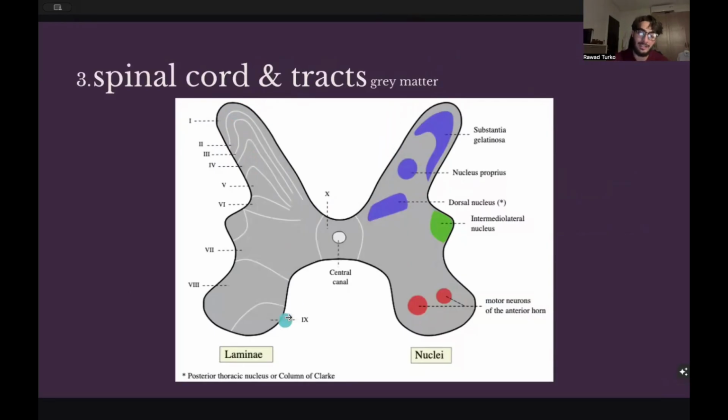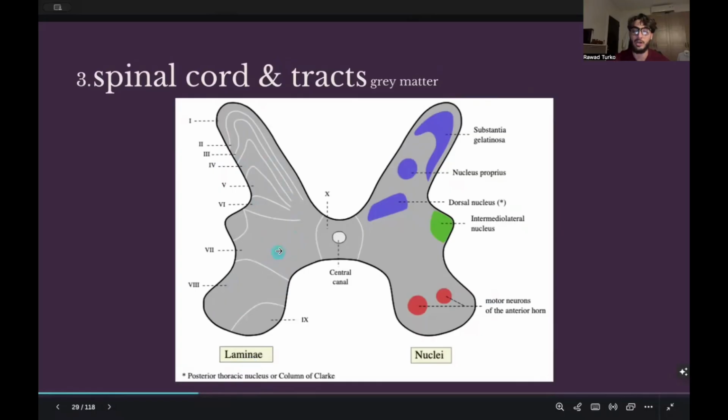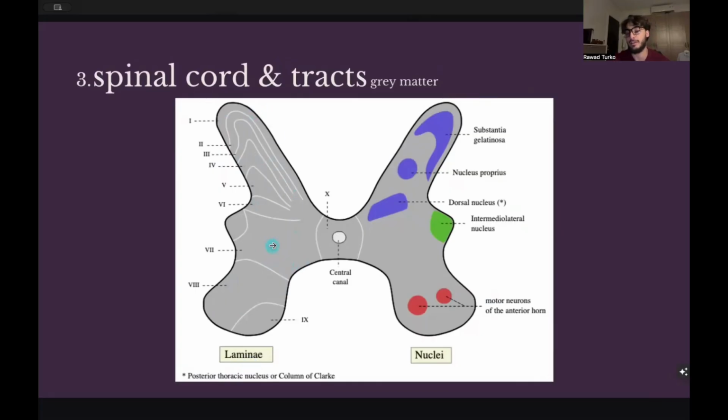in the spinal cord. This section is a way that people classify, that's called the Rexed lamina. So you see here, this is why it's called lamina. Rexed lamina is just a way to number the different parts of the spinal cord, and then those numbers are then associated with specific functions. And we have the nuclei way of classifying, which is basically the specific nuclei, specific collections of cell bodies